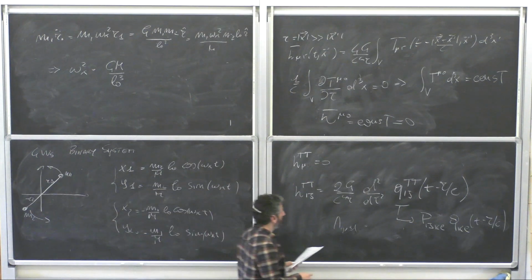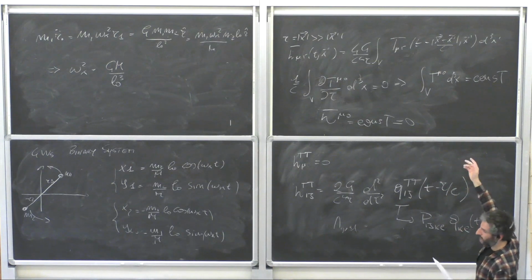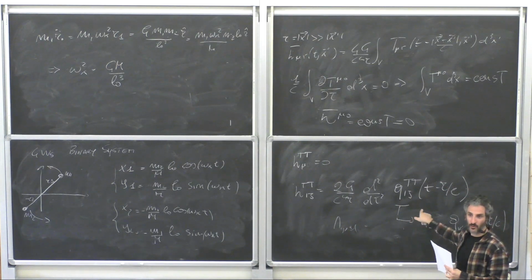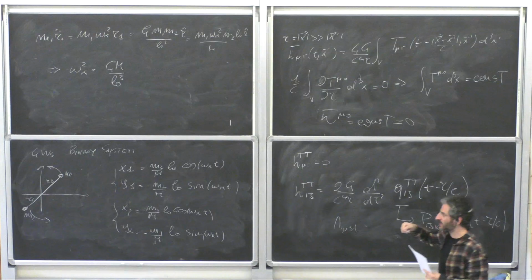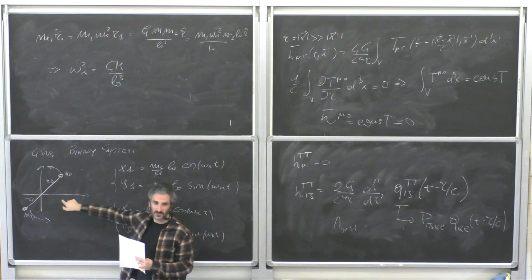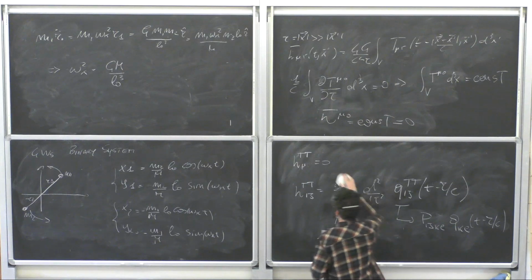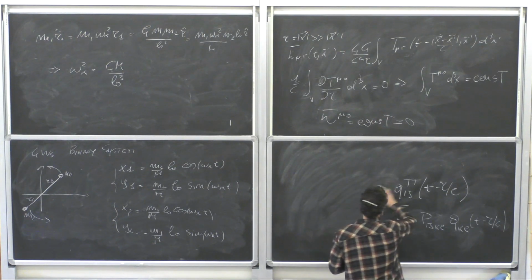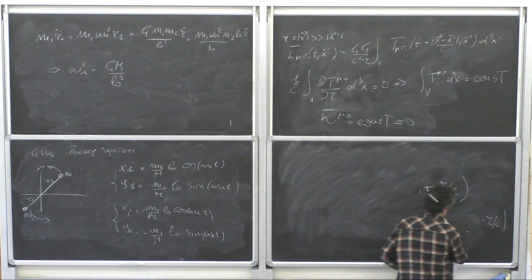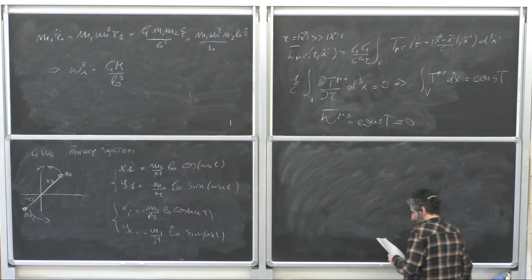Okay, now we want to compute Q, and remember that the quadrupole moment is what? The integral over the stress energy tensor of the system. So let's compute the stress energy tensor associated to this system here. We plug it in and we see which is the expression for the gravitational waves. All right, so I'll write